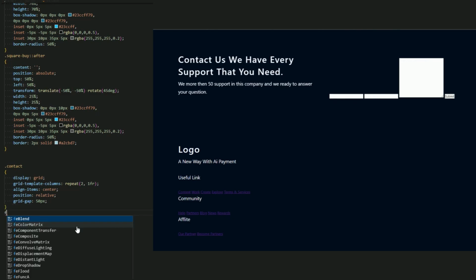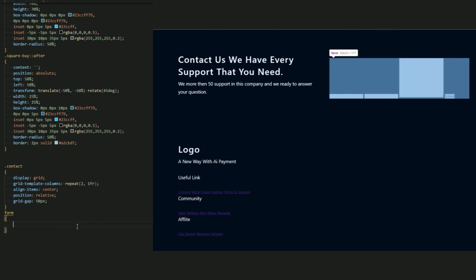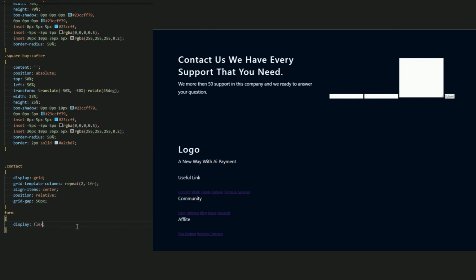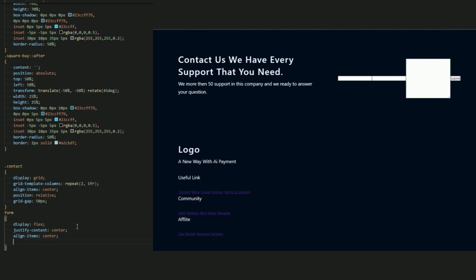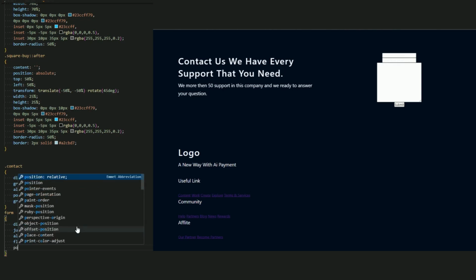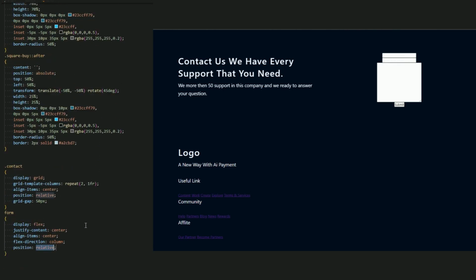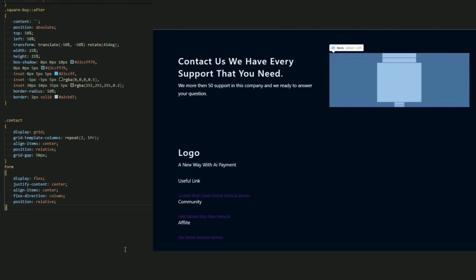Now for the form, let's style it, display flex, and I want to add a flex direction column. So add justify content center, align items center, and the flex direction column to be in the next line. There we go, position relative. Now for the form before,